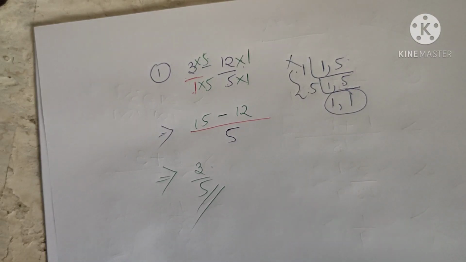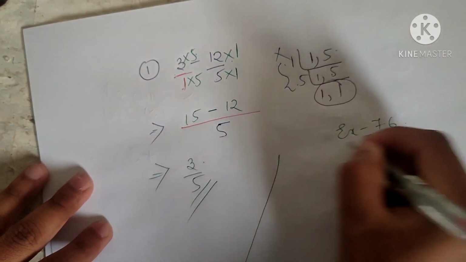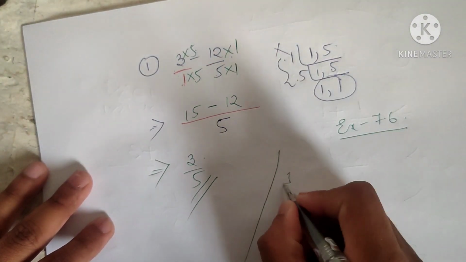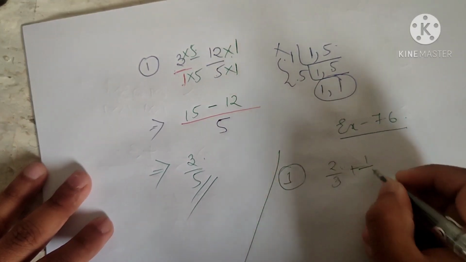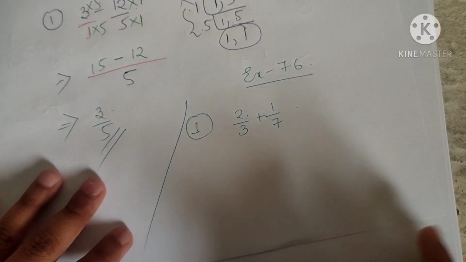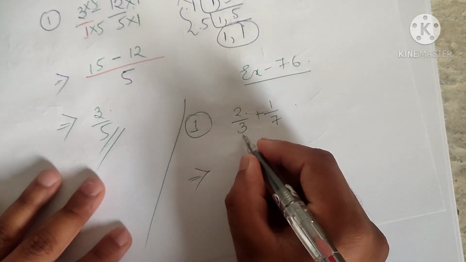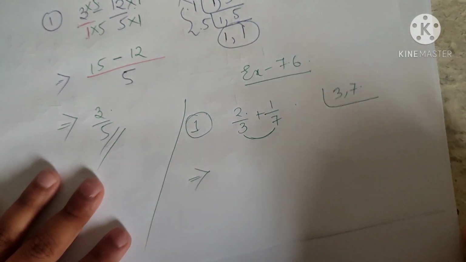If the denominator is the same, then you have no problem. Okay, the last exercise, exercise 7.6. Here also what is important is to solve. Now here it is given 2 by 3 plus 1 by 7. Okay, 2 by 3 plus 1 by 7 is given. So how will you find the LCM? You will search in the corner like this, you will make it, then you say that